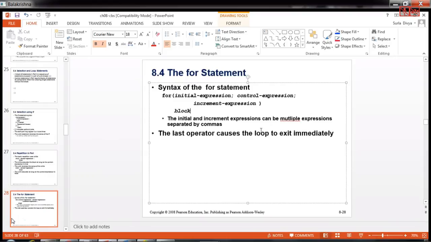So what we do here is in the first for loop, most of the time, for example, I'll give you here for, let's say my variable is $i is equal to 0. Okay, semicolon. That is the initial expression. Now the control expression. So what is the control expression? My $i is less than 10. Now the incremental expression. I should also increment this, $i plus plus.